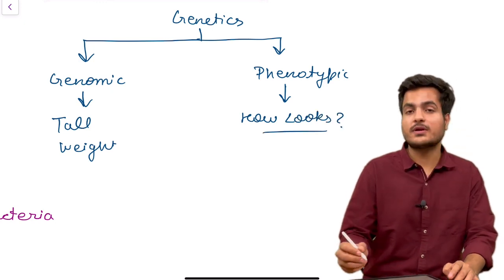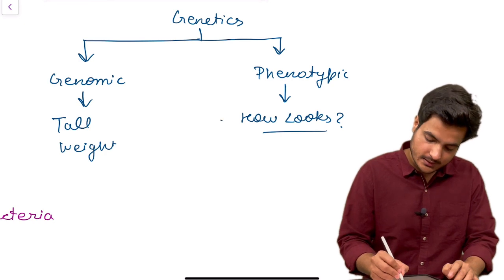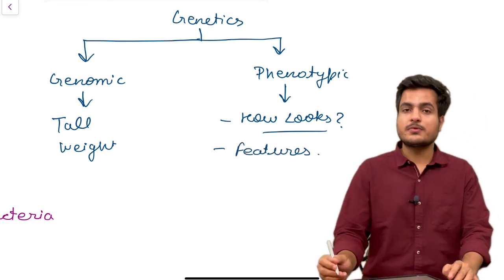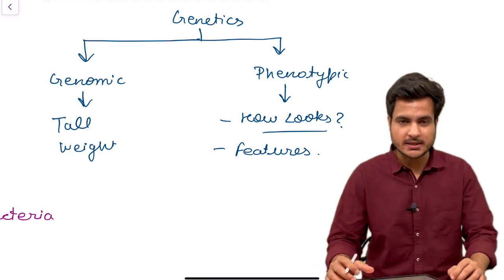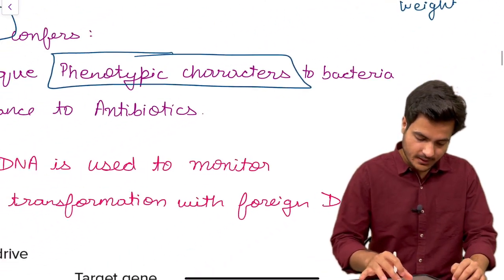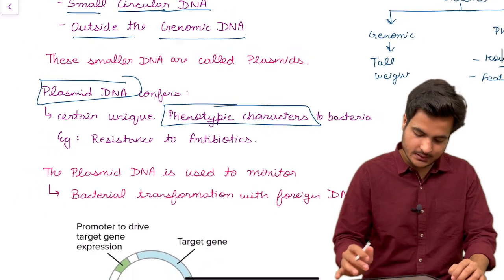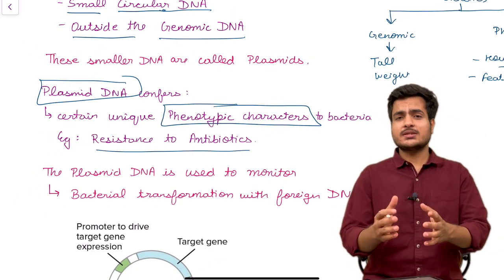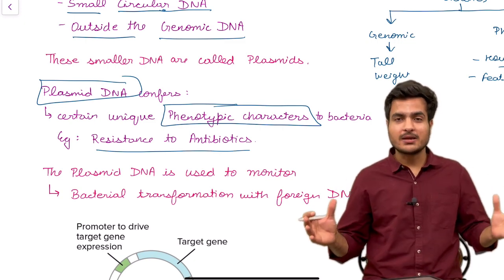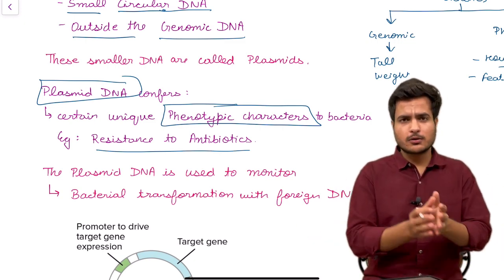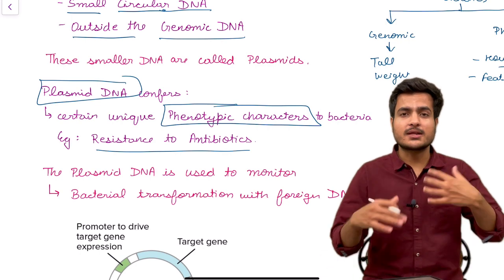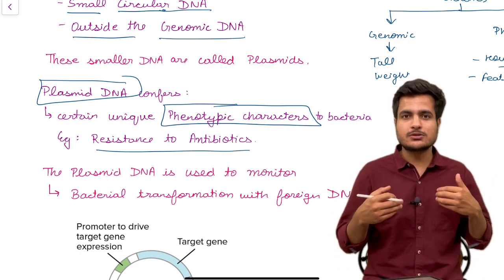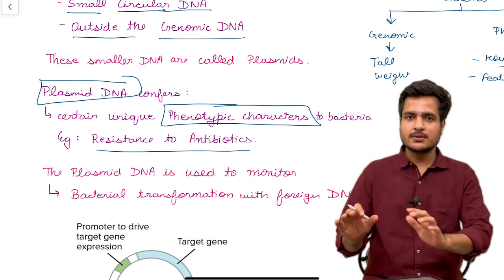What are the looks of that particular organism, and other features which make it unique in comparison to other organisms. For the time being, in bacteria, some bacteria have resistance to antibiotics. That is why we have a wide variety of antibiotics, because a few antibiotics work on a few organisms, others will work on other organisms, and similarly each bacteria has inbuilt resistance to a particular type of antibiotic,